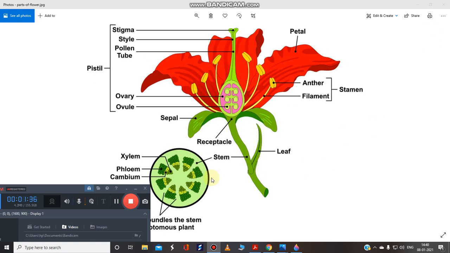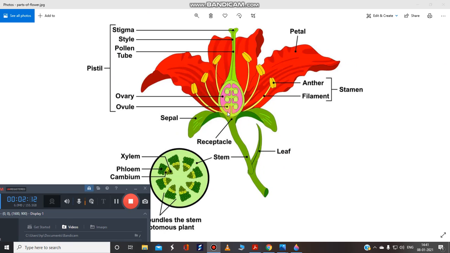Okay, so first of all, let's recall again. This is a leaf, this is a receptacle, this is the sepal. This red portion is known as the petal. कलियां जो होती हैं flowers में, petals. So if we talk about the stamen, it has two male parts, anther and filament. This is the filament and this is the anther. और anther के ऊपर क्या है? Pollen grains. और हमें पता है pollen grains फिर fertilization करते हैं. Okay, anther and filament, they are known as the stamen part.